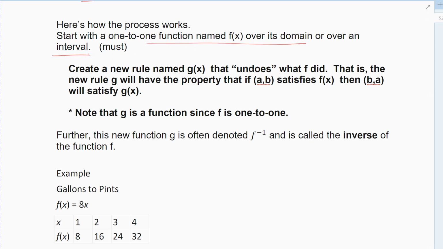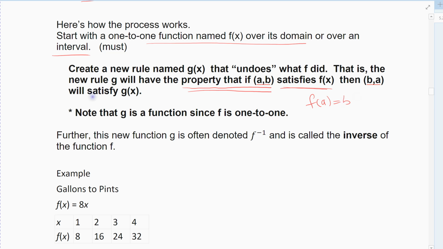So what we're going to do is create a new rule. We're going to call it g of x for now, but we do have an inverse symbol, which we'll get to in a second. This new rule g undoes what the original function f did. It has the property that it's the exact opposite, in the opposite order, of whatever the original function was. To check that you found the right thing, g of x will have the property that if (a, b) is on my function f of x, so when I plug a in, I get b out,